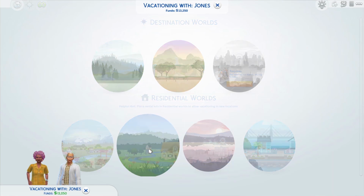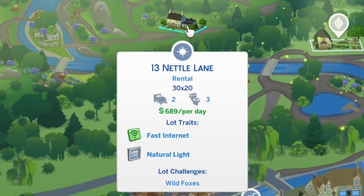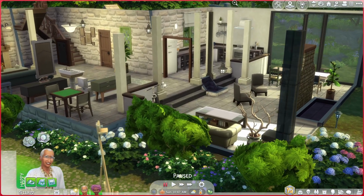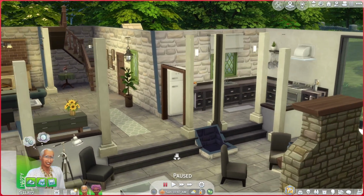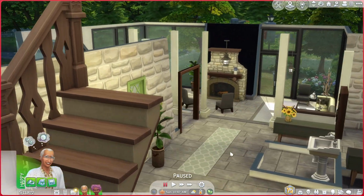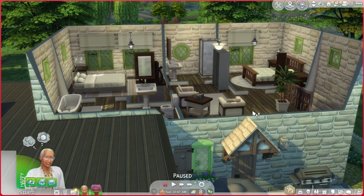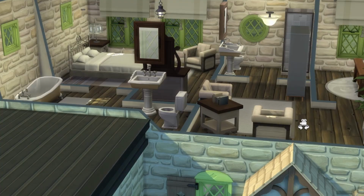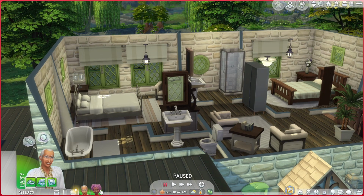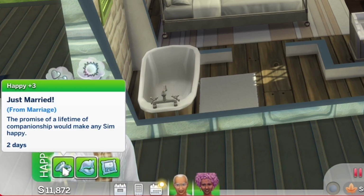The pre-built vacation home in Hanford on Bagley is quite ideal for these purposes. 13 Nettle Lane. This cozy honeymoon option offers all the mod cons of home, but in the countryside where it looks pretty and is romantic and stuff. Now, of course, you can decorate this to suit your designs. And to be perfectly frank, I believe it could use a little bit more colour. But in any case, it suits the likes of Ethel and Frank Jones, newlyweds that have come to Hanford on